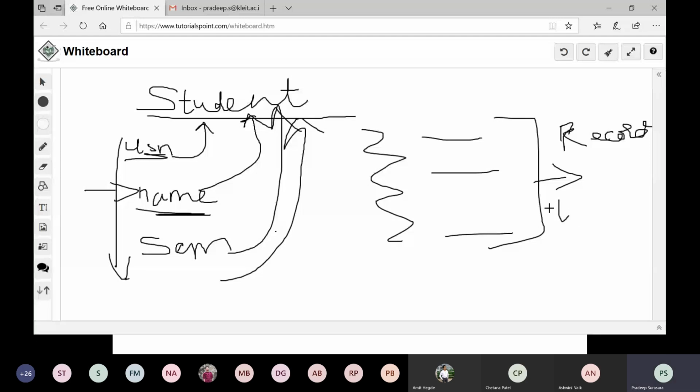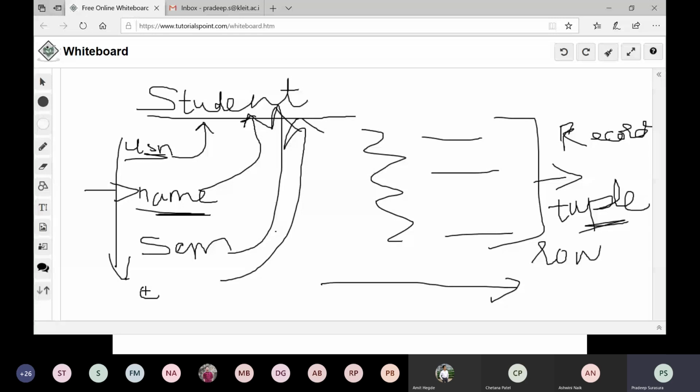In technical words, we call that a tuple, but let us not go to that word as of now. A tuple means it is one row. Row or record or tuple, they are one and the same. When I say one row, it is the complete set of one student's values when I have n number of attributes. Imagine I have 4 attributes here.